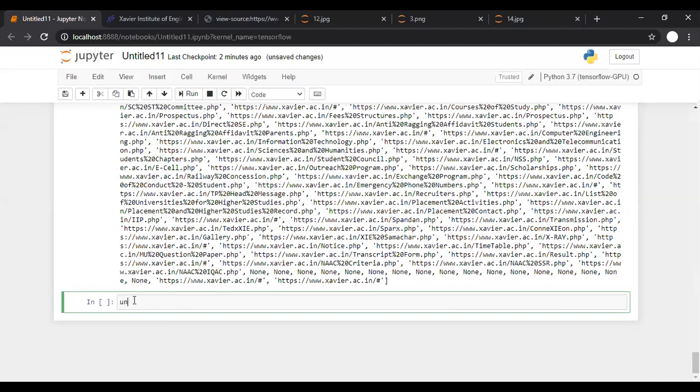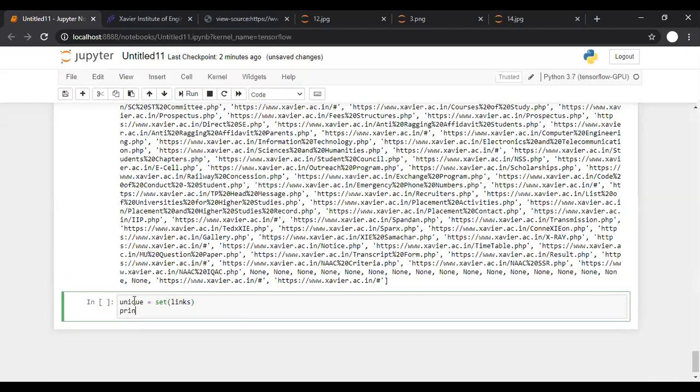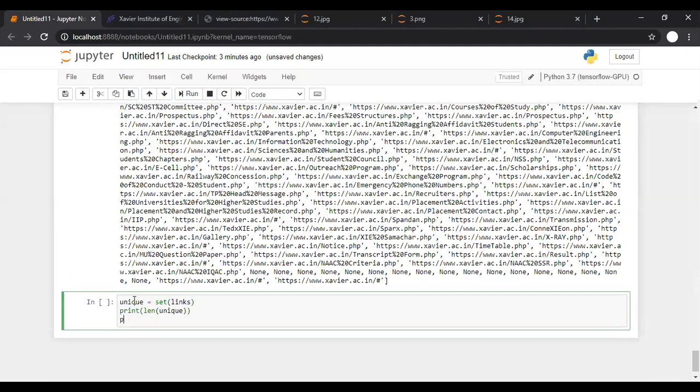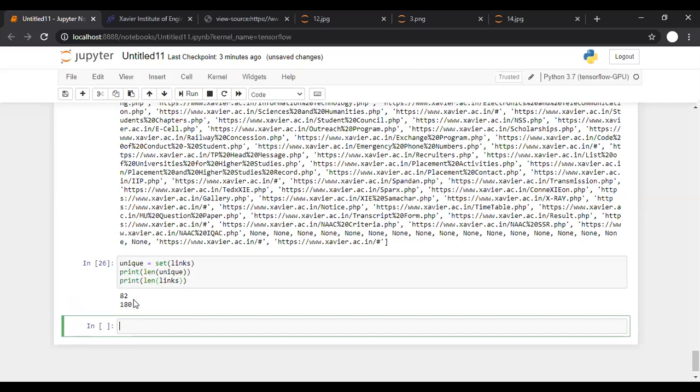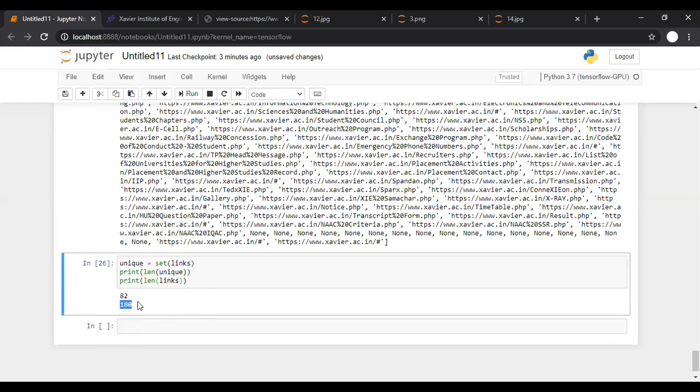Let us say unique links is equal to set of links, and let us print the length of unique links and length of links also. So let's see, there are only 82 unique links and 180 links, means certain links are repeated.